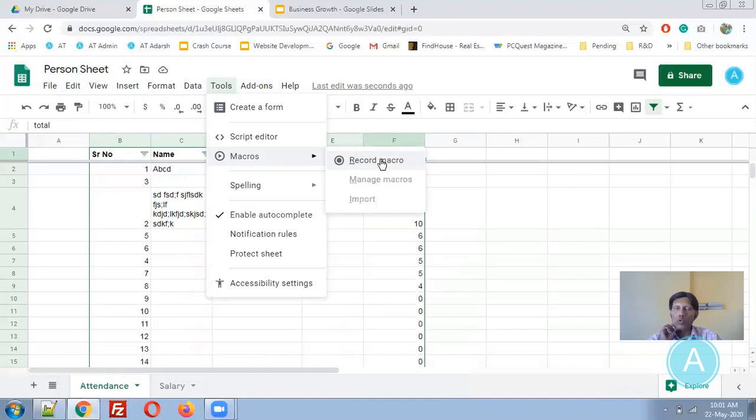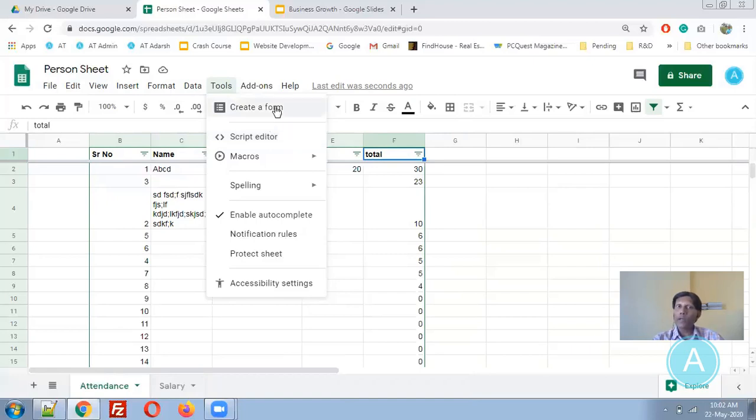Macro is a very useful functionality in Excel or Word or any other tool. You can record some steps and you can repeat them n number of times by just playing that macro. So this is very, very useful. Try out, learn that macro. It can save a lot of time. Again, if you are from a programming background and know any programming language, you can use the script editor also. In the script editor, you can write scripts so that your processing can be done in a better way.